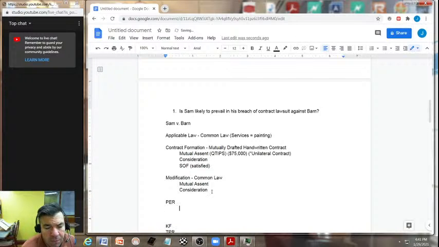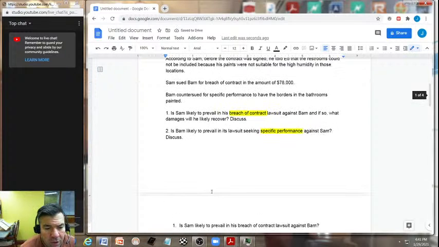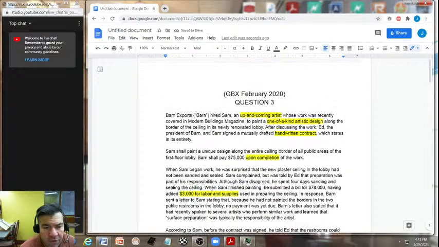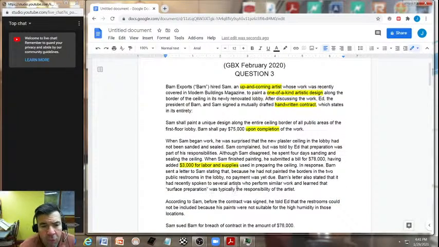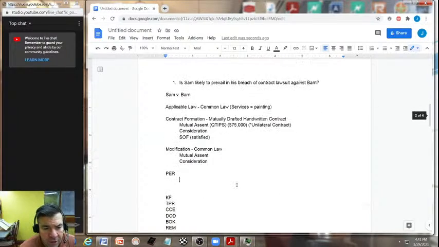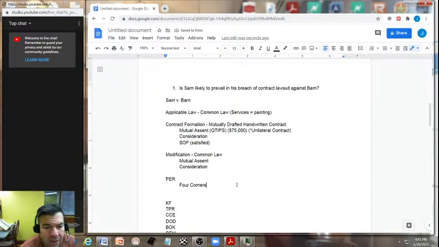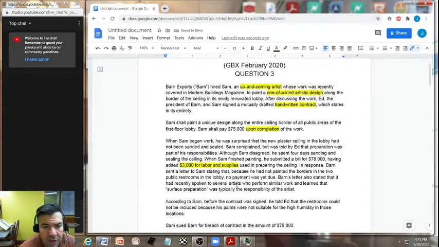Okay, and primarily here we're going to have Barnes, who's going to say that the four corners approach, which I'll put down here, is going to limit the contract to what? To what is involved in this particular term, public areas. Okay, because right here, surface. If I remember correctly, in our